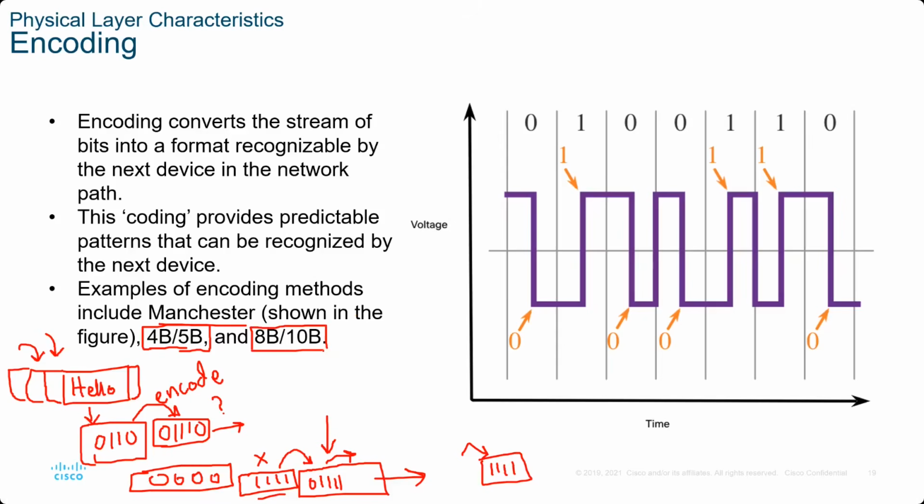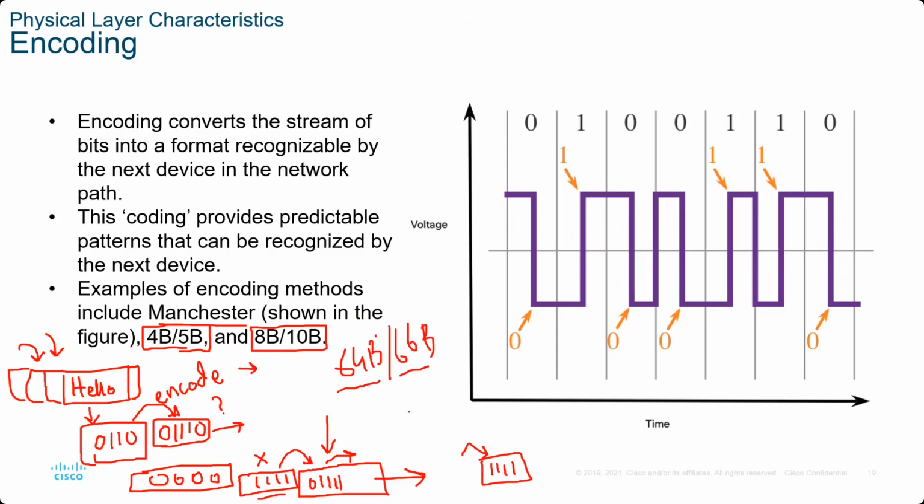There's 8B/10B encoding as well. Every time you have to send 8 bits, convert it first into 10 bits. And today in modern networks, what we use is called 64B/66B, I guess. Yes, that's what we use in modern networks. So for every 64 bits, we convert it into 66 bits. So for every 64 bits you're sending, 2 extra bits are added,